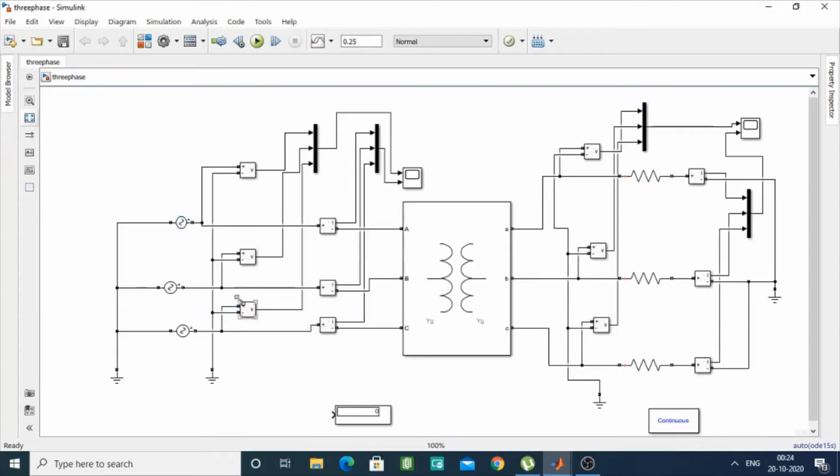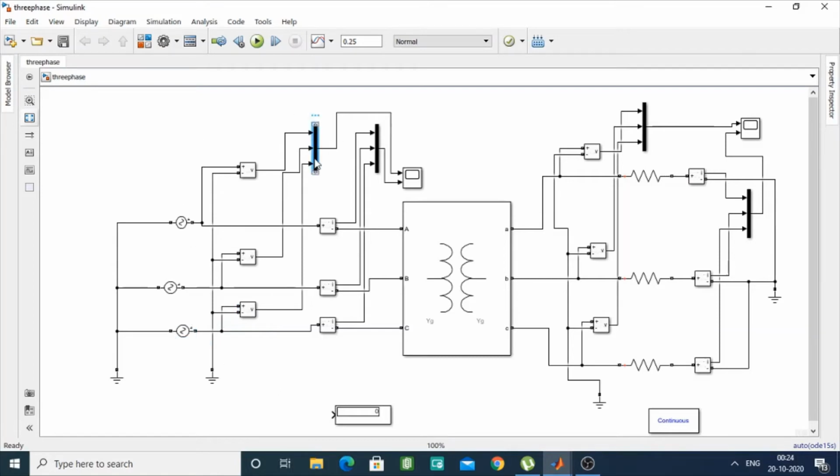So you can see that for this one, the positive port is connected to the AC voltage source, and the negative one is connected to the ground. Similarly, for this one, the positive is connected to the voltage source, and the negative one via this wire is connected to the ground. Similarly, for the other one, this one is connected to the ground via this wire, and the positive one is connected to the AC voltage source.